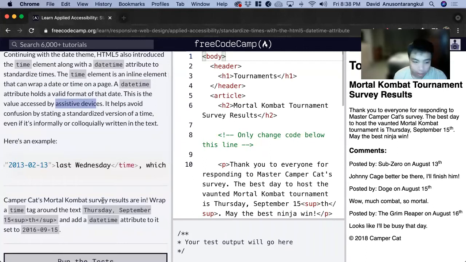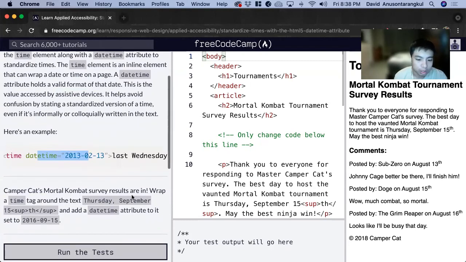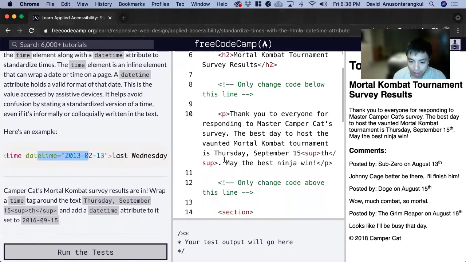So we can just wrap, and here's the syntax for it, where here's the paragraph, and then we have a last Wednesday, and then we have this time tag with the date, closing it as well. So we want to wrap a time tag around the text Thursday, September 15th. So here we see this paragraph, and now we see a date here. So we want to add a time tag,